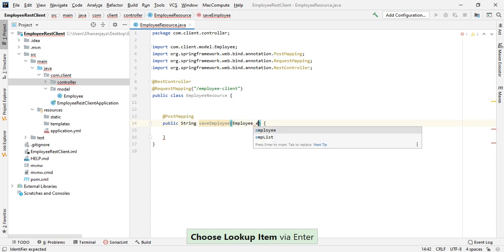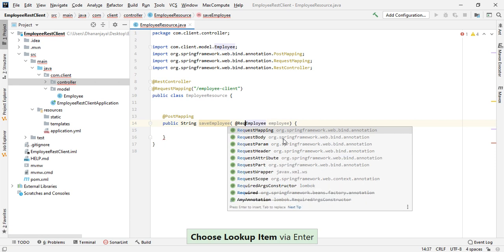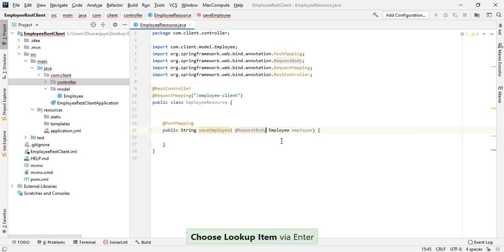Employee I will take as a body. @RequestBody. Okay, so